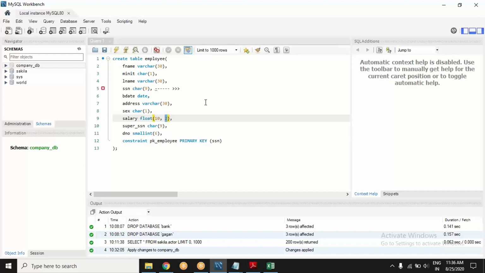Varchar can be more than 30 digits. If you mention that it can go up to anything, you can mention 50, it doesn't matter. Now it can take up to 50. Whatever length you have decided, it can go up to that length. Okay. Any further question regarding data types?